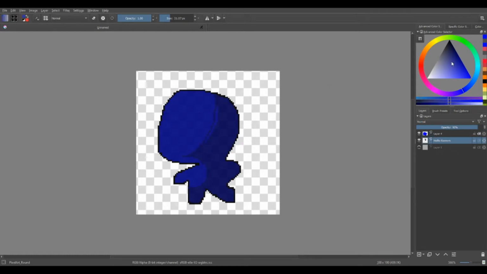So if I go back onto this layer and change my opacity to be a little bit lower, you'll see it's still there. It's still blue, but now it has the same opacity as the layer underneath it. So again, if you have lots of player characters, and you want to color them 4 different colors because you have 4 people in your game,